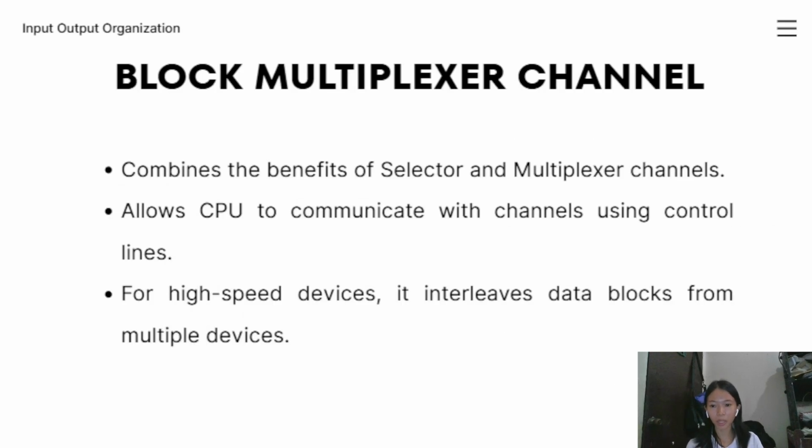Next is the block multiplexer channel. The block multiplexer channel is a more advanced version that combines the strengths of both the selector and multiplexer channels. It can handle multiple devices at once like a multiplexer, but it also manages large high-speed data transfers like a selector channel. This channel works by